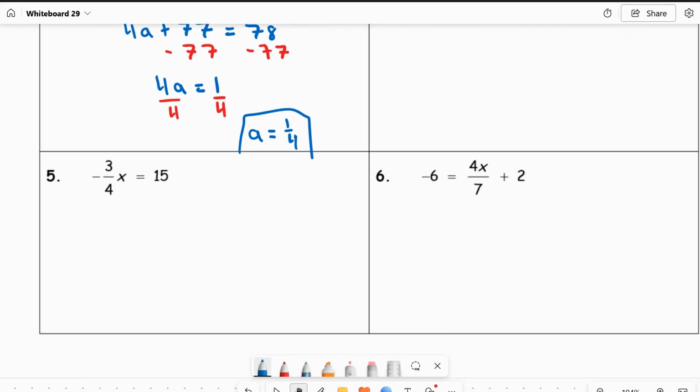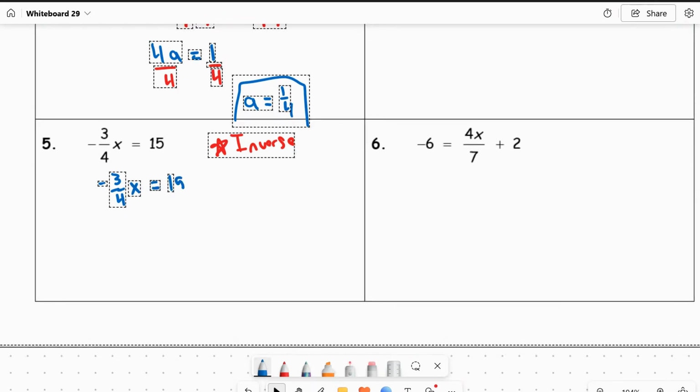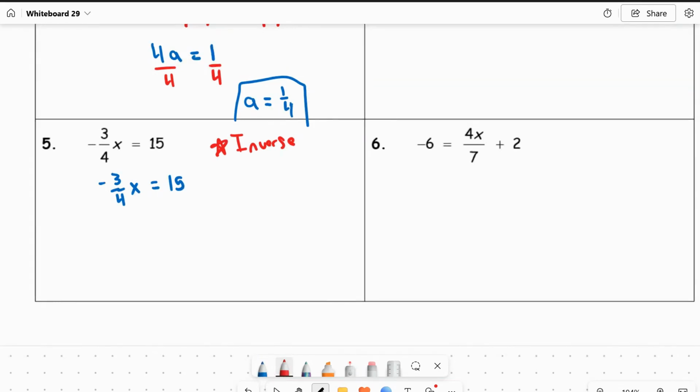Okay, so in number 5 here, you'll notice that our coefficient on x is a fraction. So whenever you see that, think about that you're going to have to use the inverse property or a reciprocal. So to start, we have negative 3/4 x equals 15. So in order to undo our fraction, let's multiply by the inverse. Remember, the inverse is just when you flip your fraction. So let's multiply both sides by